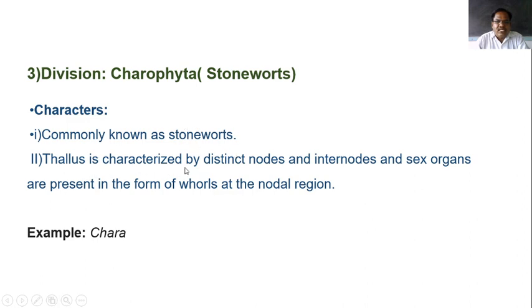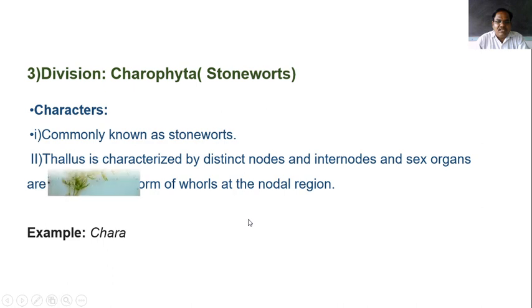And thallus is characterized by distinct nodes and internodes, and sex organs are present in the form of verse. These sex organs are present at the nodal region. So they are found in the form of verse and they are found at the nodal region. So thallus is characterized by distinct nodes and internodes, and sex organs are present in the form of verse at